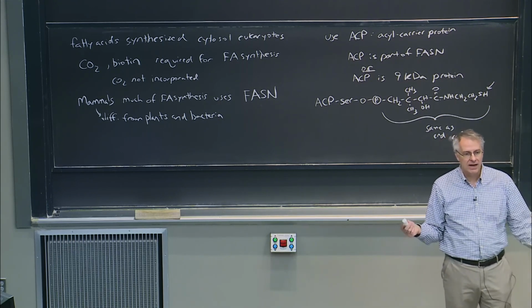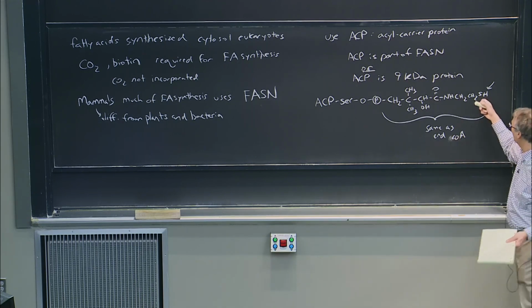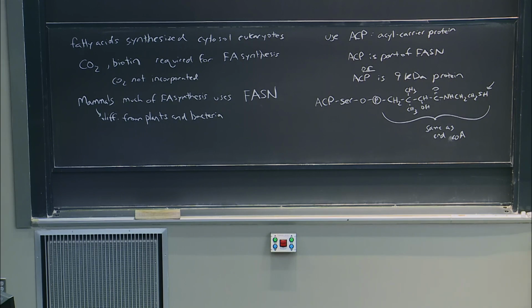And so really you can think of ACP, acyl carrier protein, and coenzyme A in some ways as analogous to how we talked about NAD and NADPH. Same functionality, in this case providing a sulfur to make these thioester bonds as a way to activate the acid on the end of the fatty acid. One used for synthesis, one used for breakdown: acyl carrier protein used for synthesis, coenzyme A,